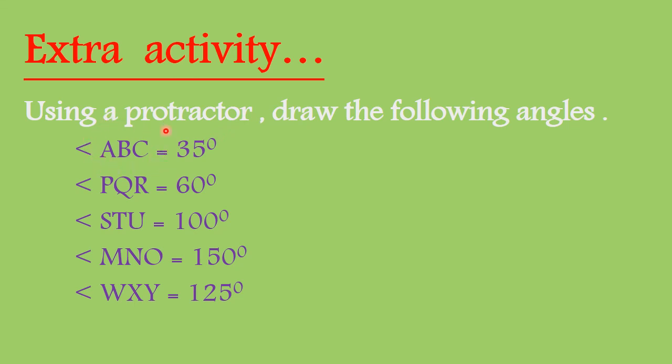Before drawing angle ABC, first you have to draw the AB line. B should be the vertex, so you have to keep the protractor's center mark on this vertex B. If you mark the A point on the right-hand side and the B vertex on the left-hand side, then you start measuring the angle from the inner scale. If you mark the A point on the left-hand side and the B vertex on the right-hand side, then you have to use the outer scale. Like this way you have to draw these 5 angles.